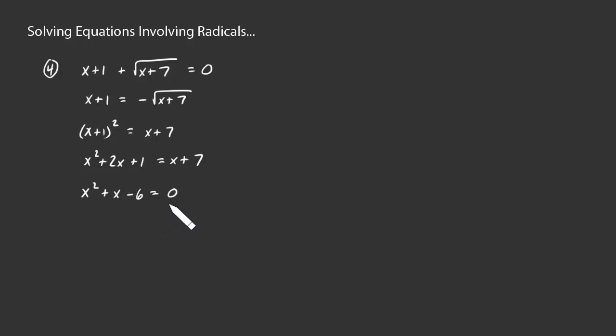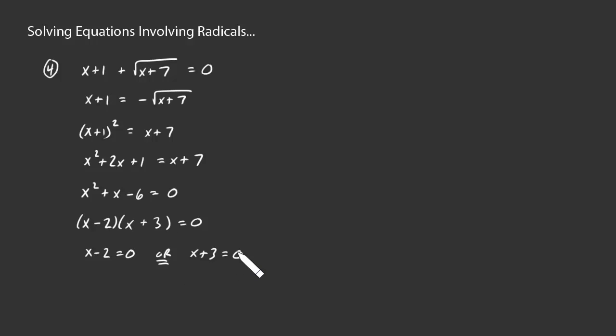Once you have that 0 on that one side, we can try to factor. And if it doesn't factor, we can always use the quadratic formula. This one, however, factors. We have an x, we have an x. To make x squared, to make a 6, a 2 and a 3 might be considered. The product has to be negative, so they're different signs. I need to end up with a positive x when I'm done. If I make that a negative and that a positive, that's going to work, right? 3x minus 2x is a single x. Equals 0. And so a product equaling 0 tells us that either this factor is 0 or this factor must